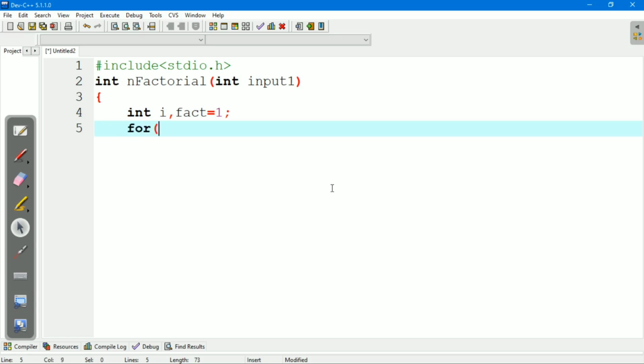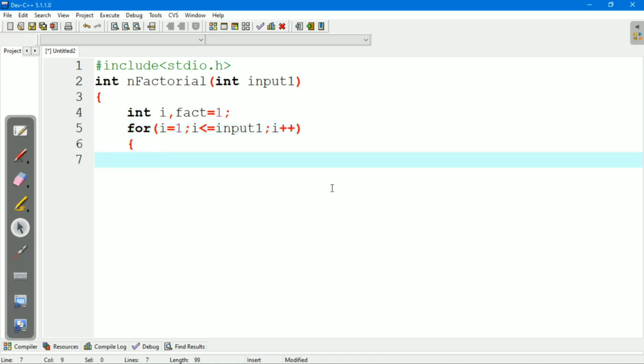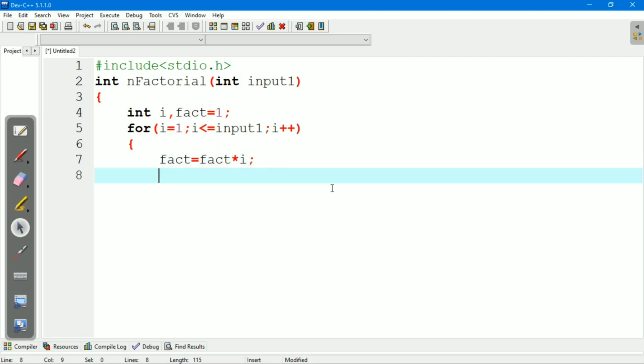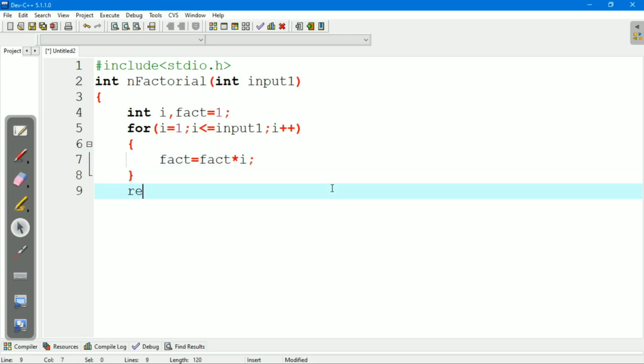After that we will start the for loop: for i equal to 1, i is less than or equal to input1, i plus plus. Fact equal to fact into i. Let's close. After that it will return fact.